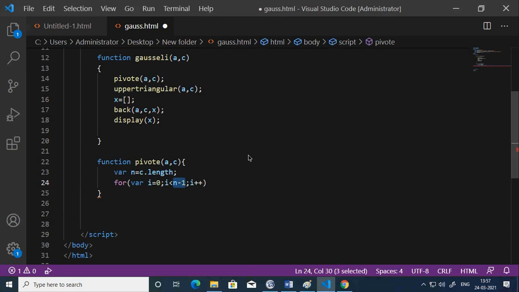Okay, so if you have understood n minus 1, just type n minus 1 please. Why is the reference row I going up to n minus 1? So if you have understood, you can type n minus 1 please. Or if you have a question, you can ask.